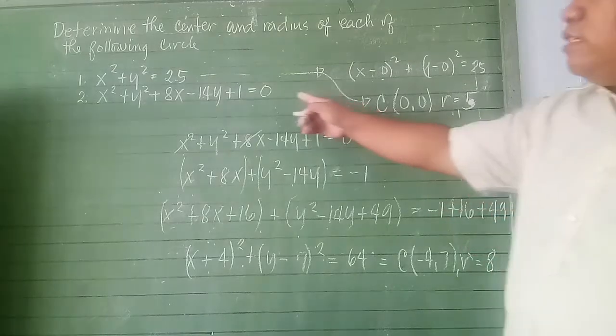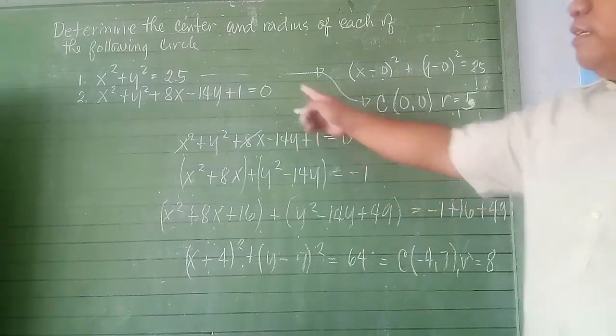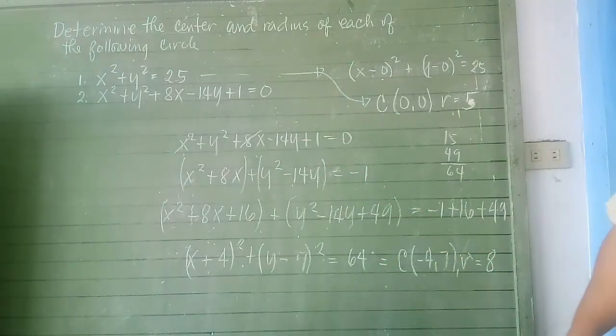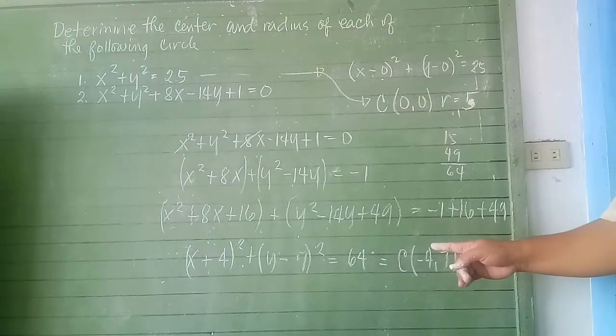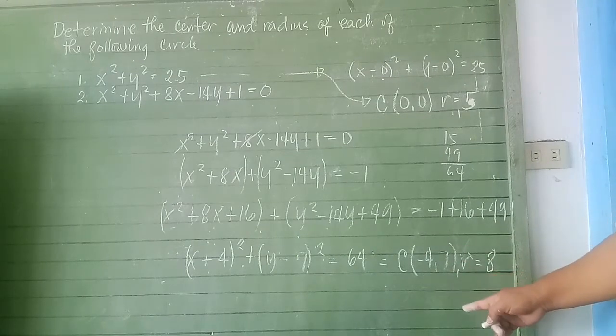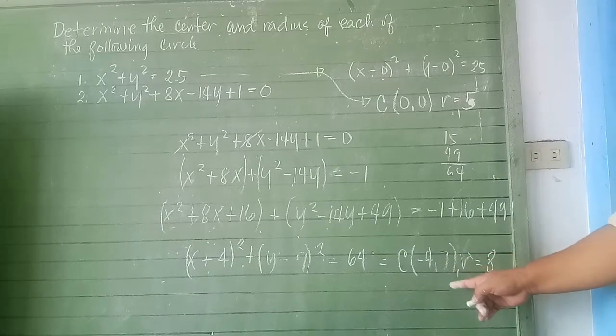So therefore, this equation, x squared plus y squared plus 8x minus 14y plus 1 in general form, is (x plus 4) squared plus (y minus 7) squared is equal to 64, wherein it has a center of (negative 4, 7) and a radius of